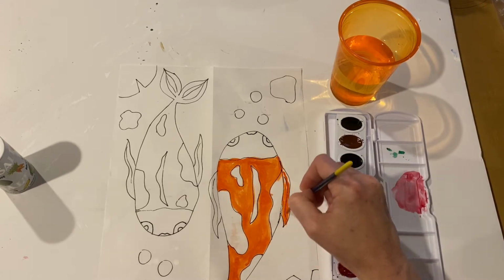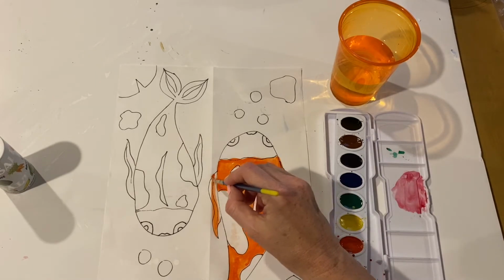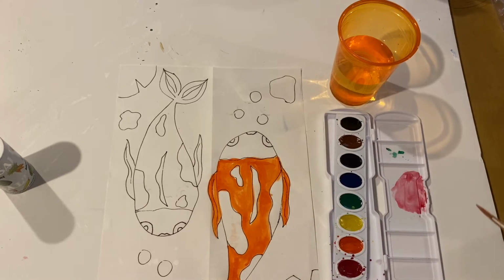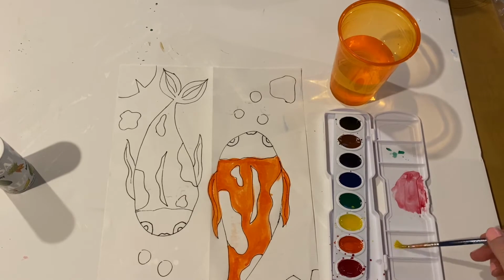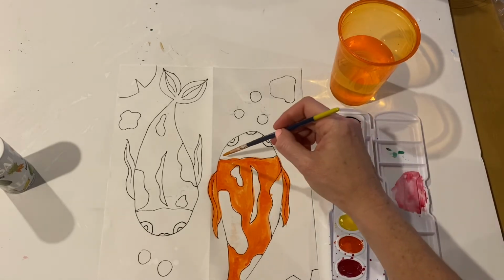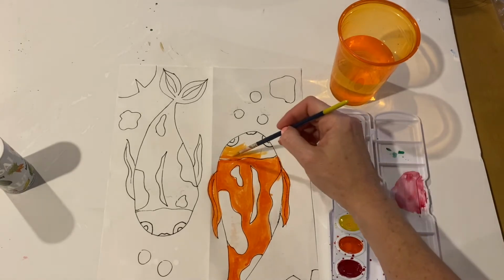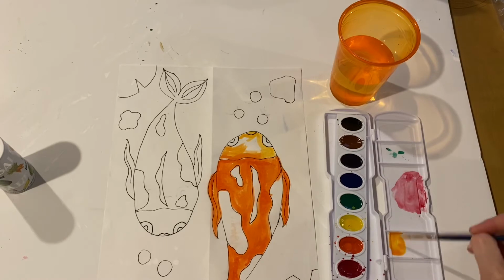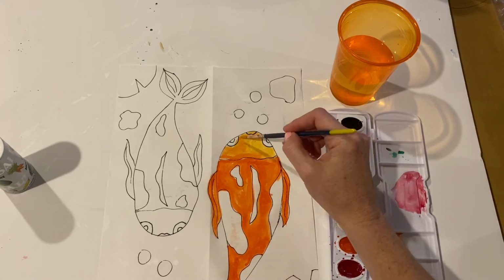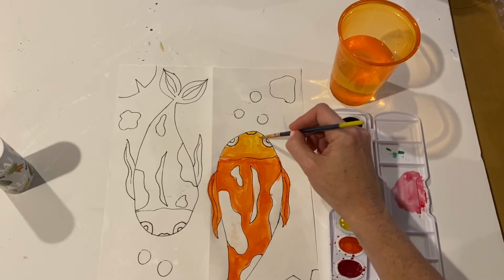Pins orange. Now I think for the top part of my fish, I'm going to use a little bit of yellow, and I'm going to put some yellow in the top part of my tray. And then we'll get just a little bit of the orange and mix it in there just to make a little bit different color. And that's what I'm gonna paint the top of its head. And add some more yellow. Its little fishy mouth there. Fill it in. A little bit of orange along the edge there,